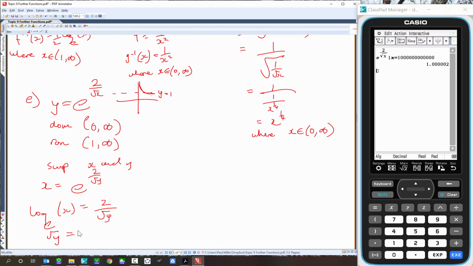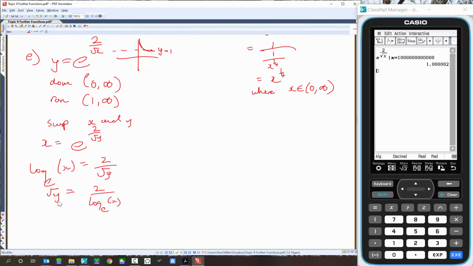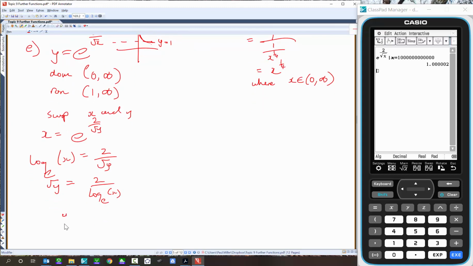Root y equals 2 over log x. And y is equal to, so I'm going to square that, so 4 over log x all squared. Watch that vinculum there, cover the whole thing,